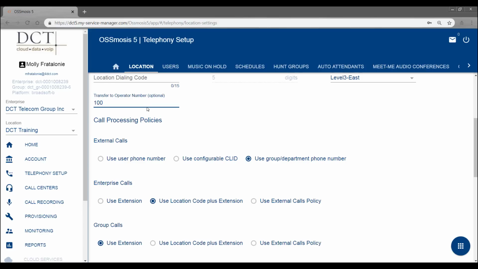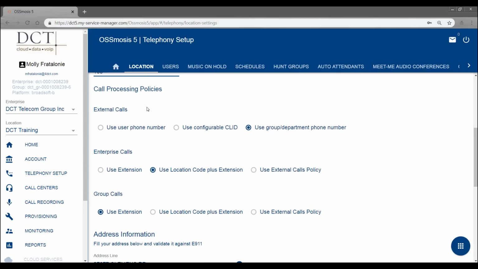Call processing policies are also adjusted within this area. This will allow you to outpulse a different caller ID based on the type of call that it is. You can choose between external calls, enterprise calls across your sites, or group calls within a specific location. You have the ability to choose outpulsing the individual user's extension or direct dial number, or using the group or